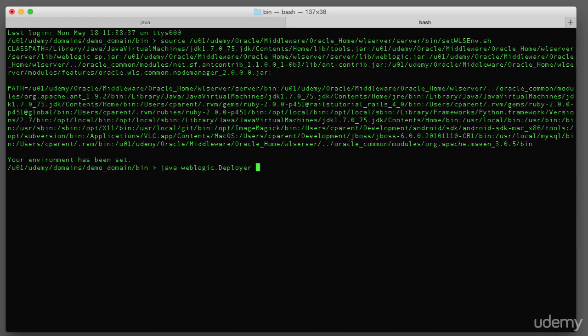So the first parameter we're going to type in is the admin URL, and that's going to be t3:// and the URL to your admin server. So in this case, I'm on the same machine as my admin server. I'm going to use localhost, the port number, and don't specify /console here. That's only for accessing the admin console. We're going to leave that off. Dash